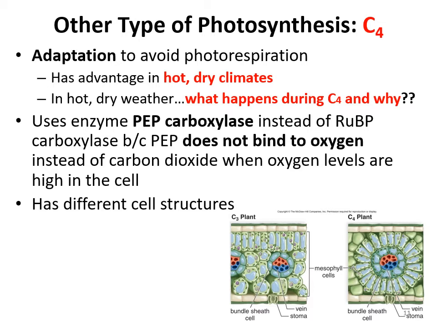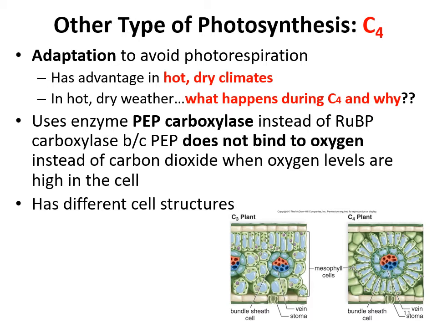Now, what's the problem with that? Well, the plant relies normally on carbon dioxide for proper photosynthesis to occur. They take in carbon dioxide, they release oxygen. So now by closing their leaves off, they're holding water in, which is a good thing, but they're also preventing carbon dioxide from entering, and they're preventing oxygen from exiting, which means that oxygen is going to start to build